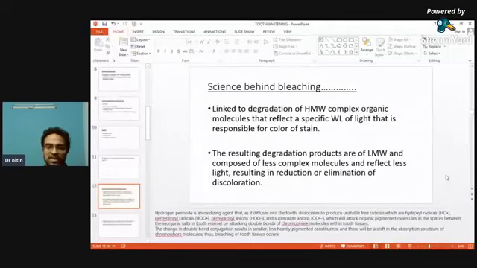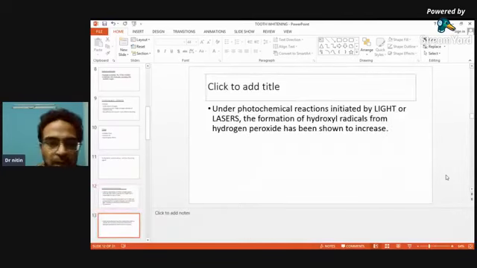If you want faster results, next day results, or results within a week, or 2 to 3 days, go for an office bleach. Office bleach will be of higher concentration, totally under the monitoring of the dentist, and the results would be faster. But selection of cases is very important.